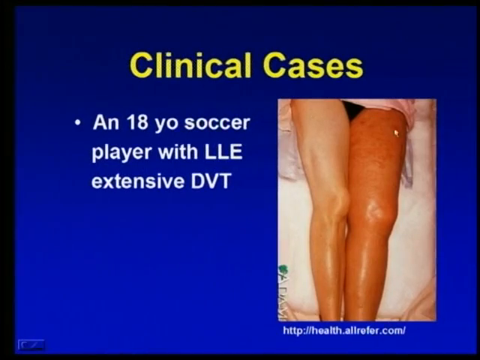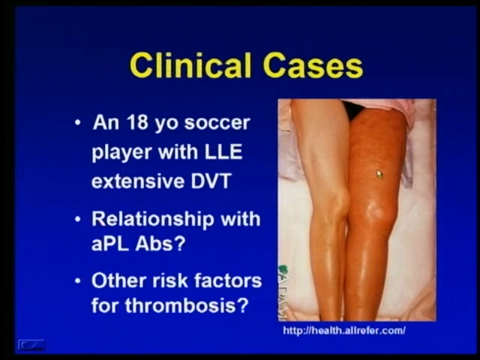Let's now turn to our young woman, the 18-year-old soccer player who presented with an unprovoked left lower extremity deep vein thrombosis, which, as you can tell here, is a very extensive deep vein thrombosis affecting that leg. Here, too, as we talked about, if this woman has antiphospholipid antibodies, she would fulfill criteria for antiphospholipid syndrome. But in a healthy young woman who doesn't have lupus, and particularly who has an unprovoked, idiopathic thrombosis,